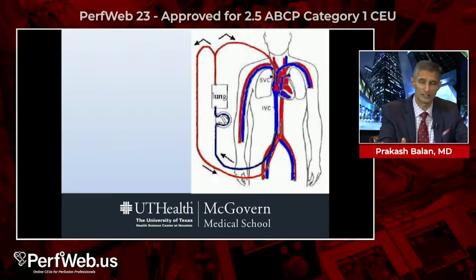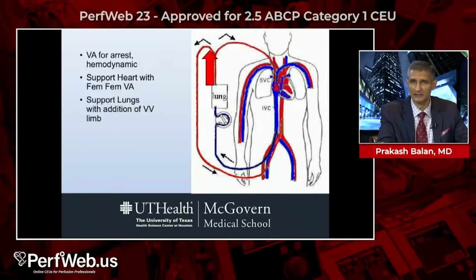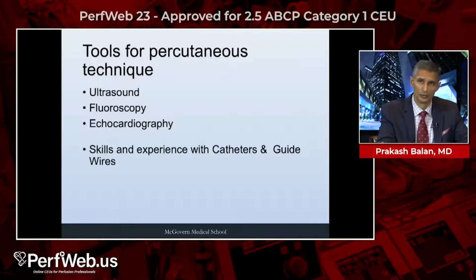The way to address that, one way to address that, is to simply go to VA ECMO, wire that arterial cannula, and return oxygenated blood to the right side so that what the heart is ejecting is in fact oxygenated blood. Now, the tools needed for rapid percutaneous placement of